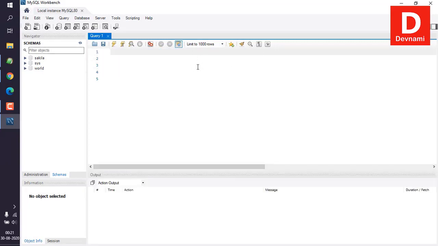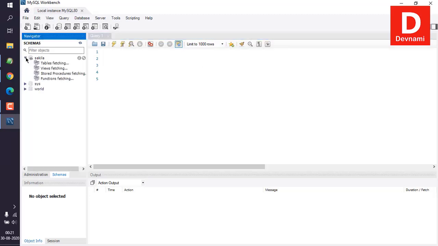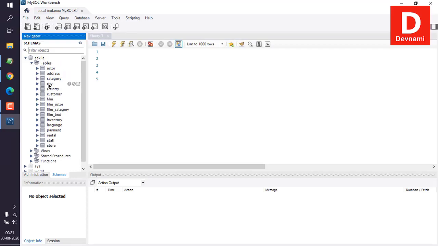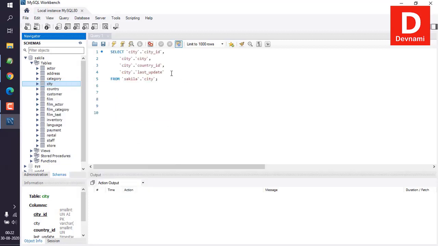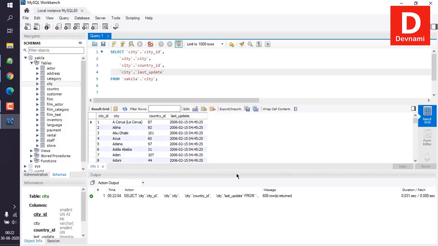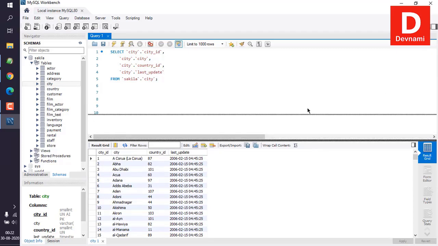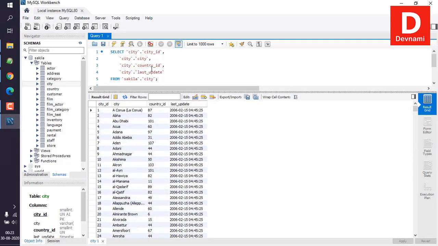Next thing is to check for your schema, where you can see the Sakila database. Then go for the table you wish to export. Now let's send in the select all query. Right, now let's run this. Once you run this query, you will find the list of total rows shown in the result grid. Now to export, click on this button,